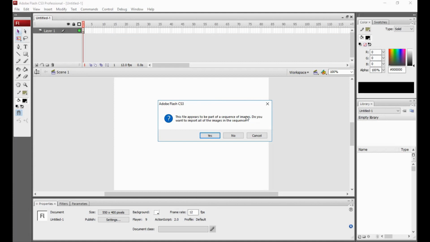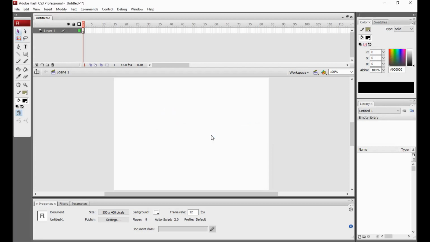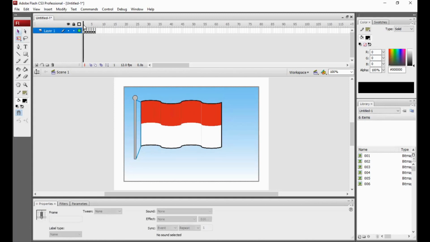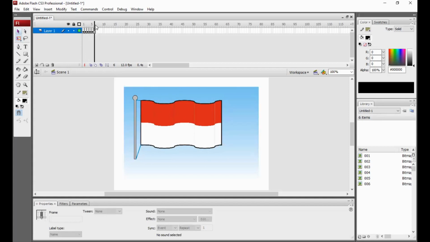I save them in one folder. Remember, we try not to put any other image in that folder. Do you want to import all the images in the sequence? If we click the button yes, the result looks like this: frame 1, frame 2, 3, 4, 5, 6.